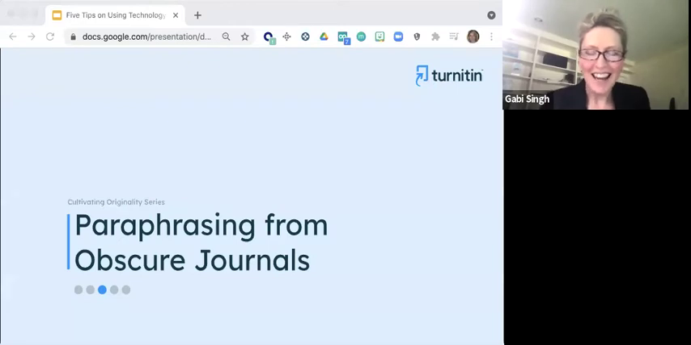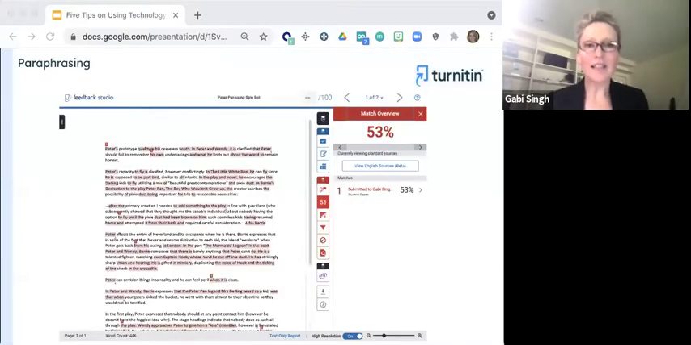All right, and our third update is around paraphrasing from obscure journals. Turnitin can already detect when something is paraphrased. If you were with us last week, we did an experiment using a text spinner, a free tool that helps students paraphrase plagiarized work. This is a result of that experiment. This content here is still matched to the source. Even after we paraphrased that content, you can still see it's all in one color,